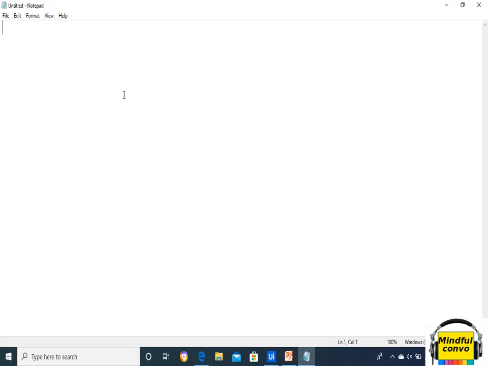First of all we have to import the package that comes under selenium.interactions.Actions, and the other package is selenium.interactions.Action.